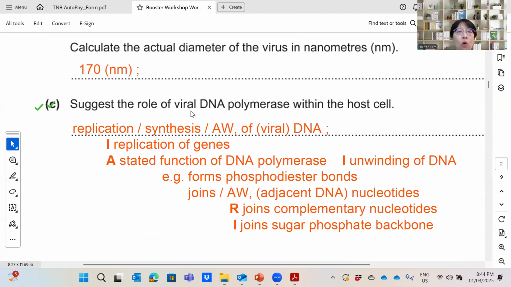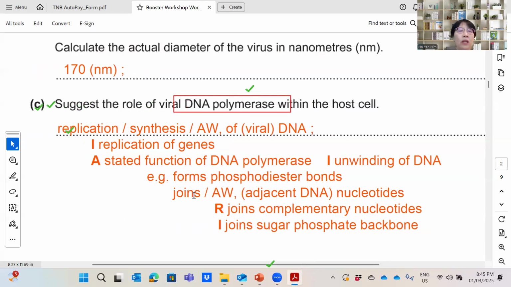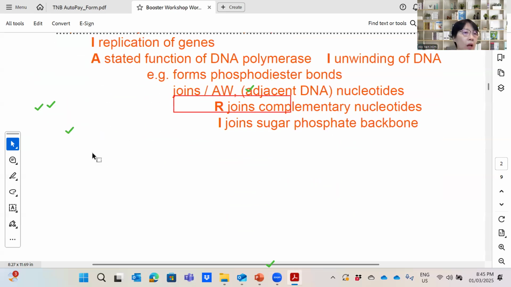C suggests the role of viral DNA polymerase within the whole cells. Viral DNA polymerase means this DNA polymerase belongs to the virus. So DNA polymerase function is to do what? For the replication of DNA, right? So replication of DNA is 1 mark. Is this question 1 mark? Yes. Very easy. DNA polymerase function is for the replication of DNA, but in more detail, you must know that